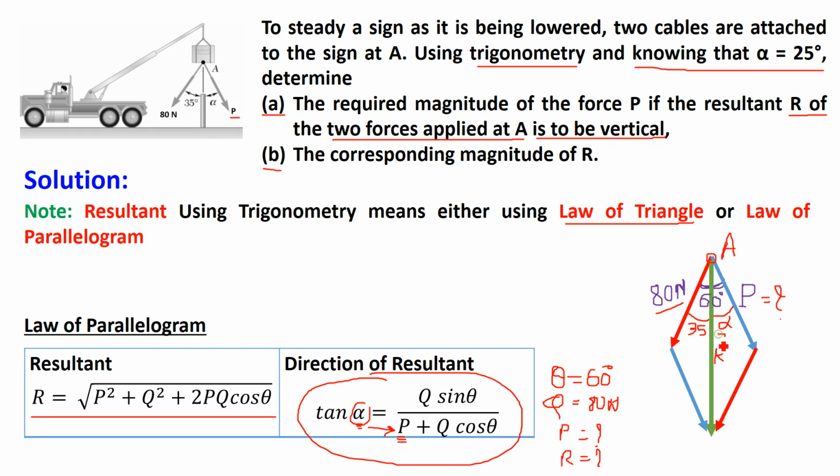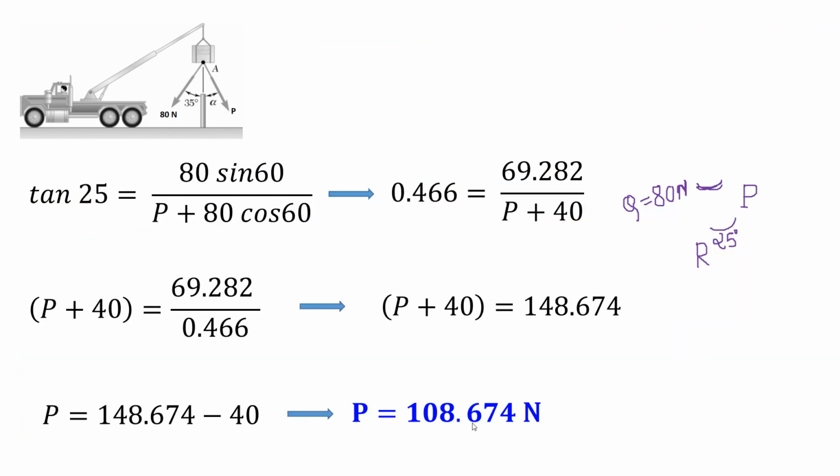So this is given to us, 25 degrees. In short, we know the angle made by the resultant with respect to force P is 25 degrees, or with respect to force Q is 80 degrees. This is known to us. Now if you apply these formulas,